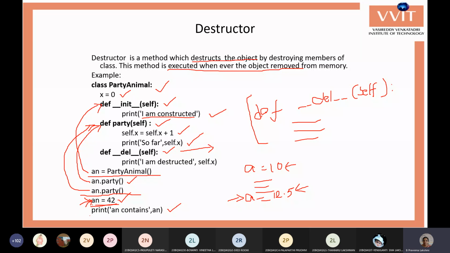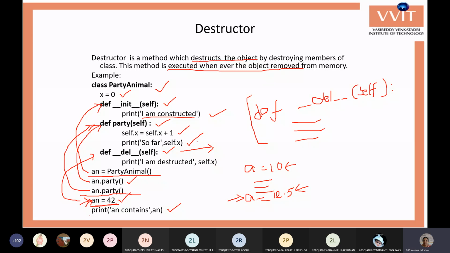Whenever the object is deleted, it executes this del function. At this line it executes the del destructor and displays the output "I am destructed" and self.x. Before destroying the object, it shows the self.x value. x was already incremented two times: the first party function call increments it to 1, and the second call increments it to 2. So at the destroying of the object the x value is 2, so it prints 2 and destroys the object.